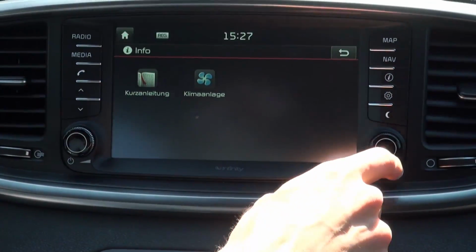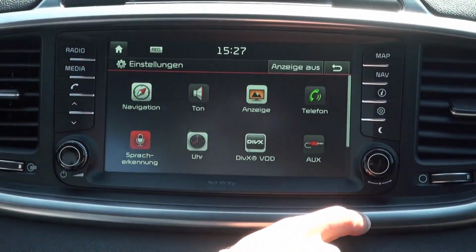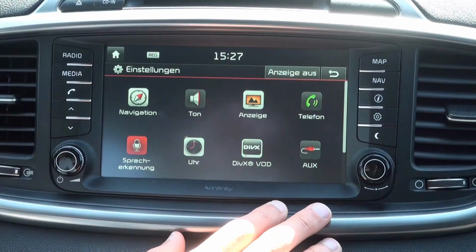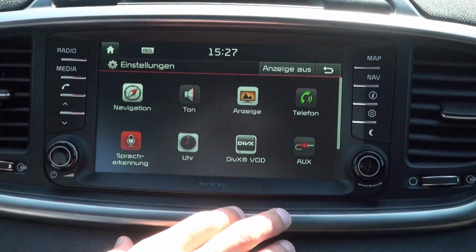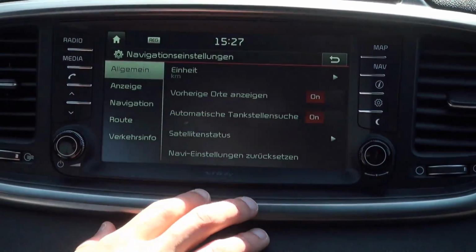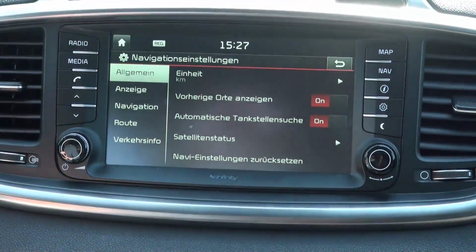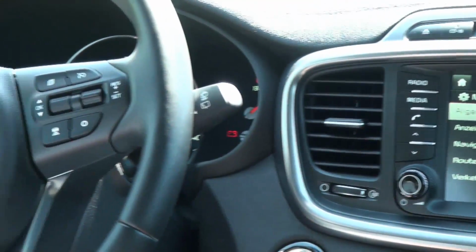Let's see if I've got the info or the options here. And I think everything is working kind of fine and also quite intuitively. I just would have wished a little bit more modern overview of the GPS, but I think that's it. So then let's move on to the steering wheel, and it's getting really hot in here, so I think I